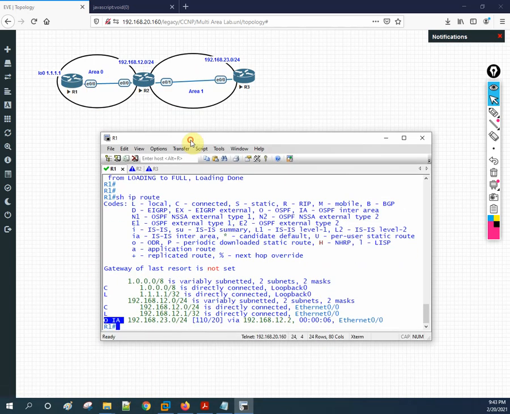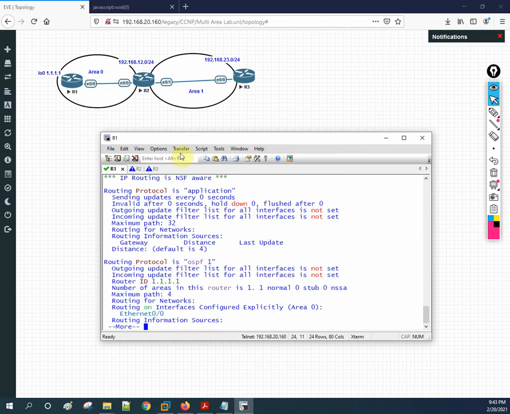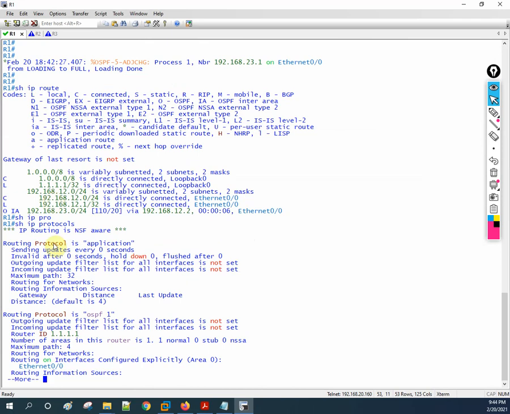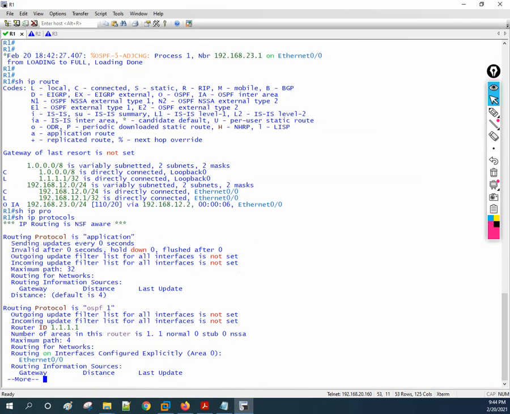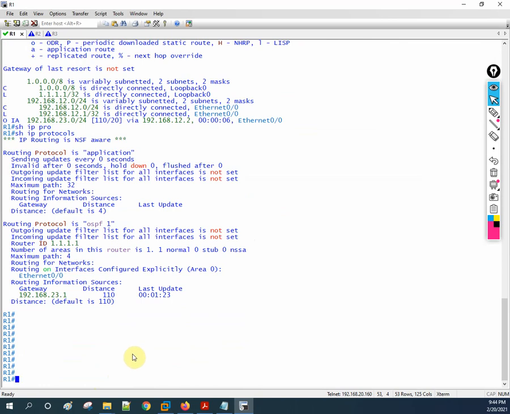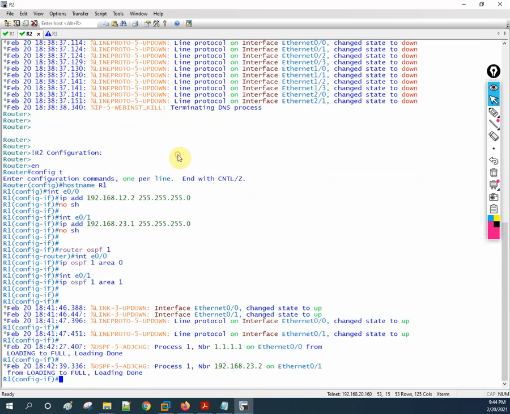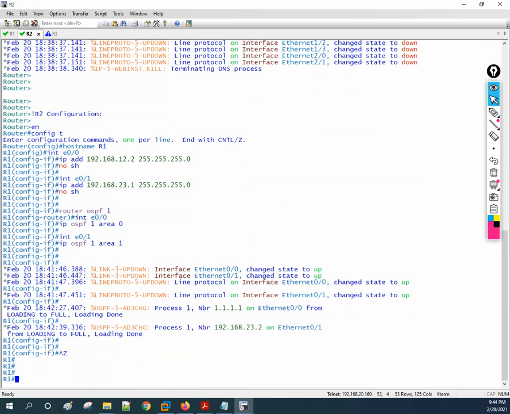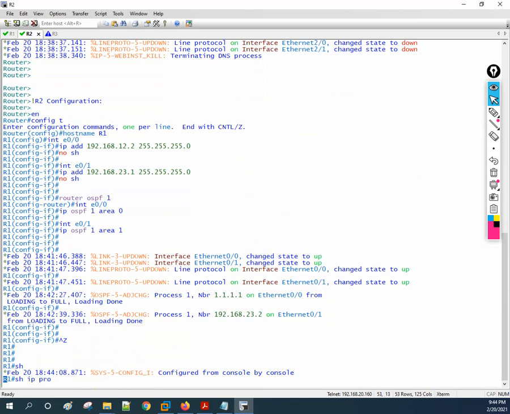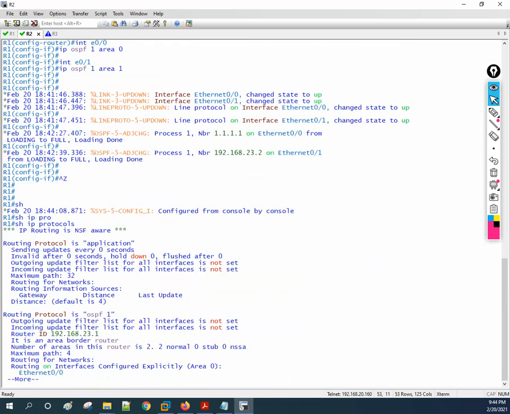If you want to check, we can write show IP protocol, and it will show us some detail about the protocol. But if you go to R2 and write show IP protocol, you will have more detail.